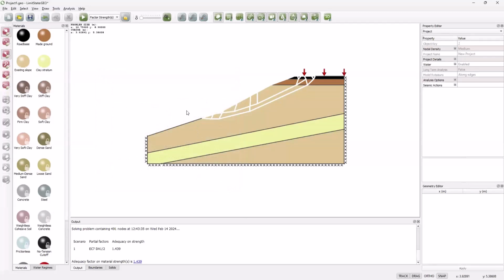So that's a quick overview of just the initial stability analysis. And you can see the mechanism is basically a whole sort of wedges, effectively. It's basically an optimized wedge analysis displayed as a slipline mechanism. Now, what we wanted to do was look at the widened slope. I can import the DXF for that, but that's just going to take a bit of time. So what I'm going to do is pick an already